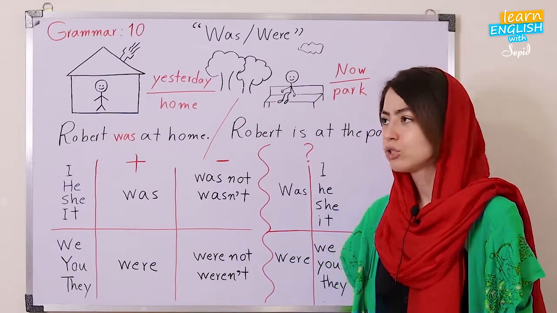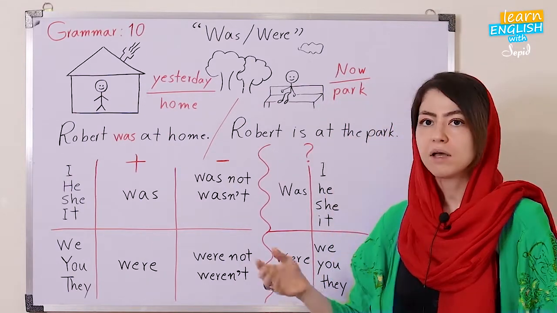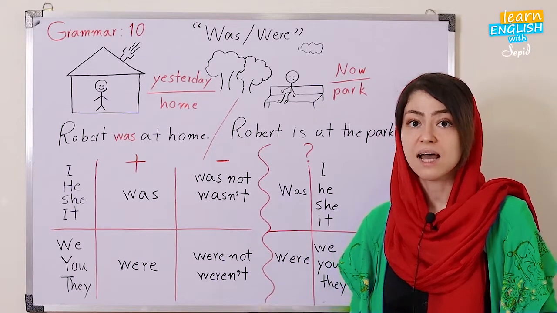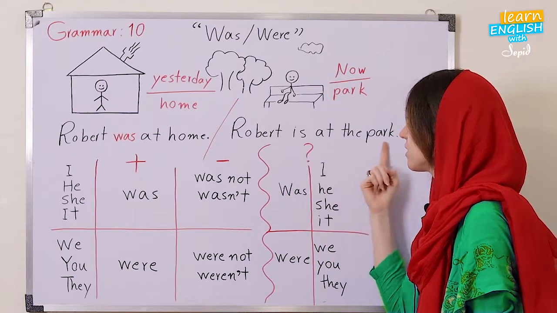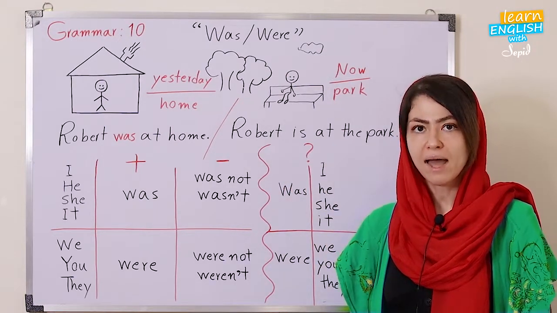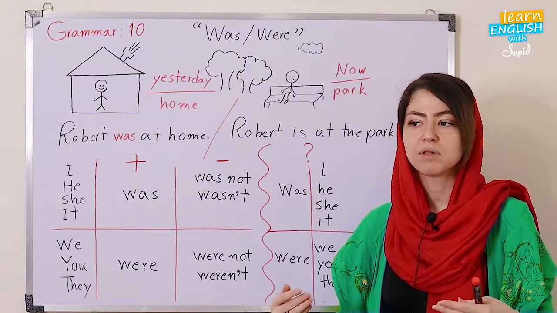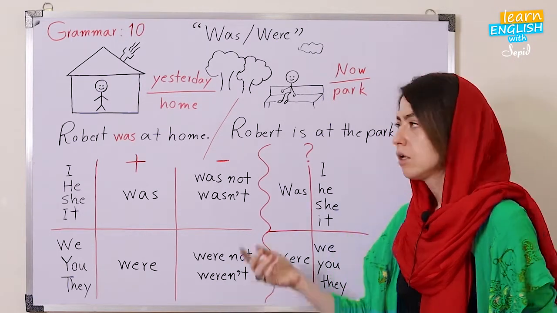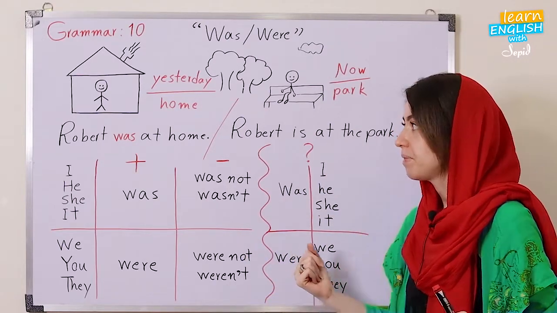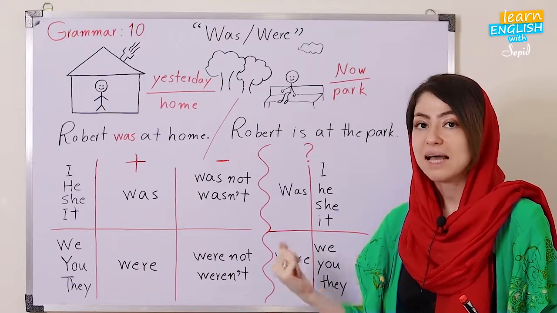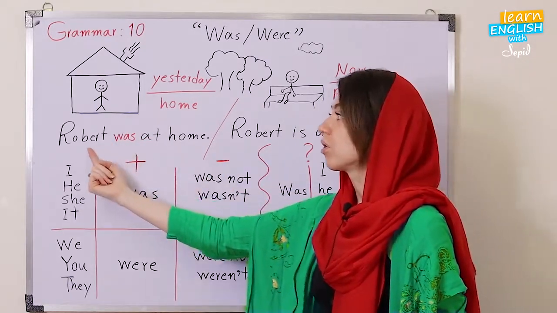Let's go to this part, because it's really easy to make a sentence about now. We learned that in the previous sessions. We can say, Robert is at the park. So am, is, are. We can use these to describe people and the places that they are in. Now, how about the past tense of that? About yesterday. So, Robert